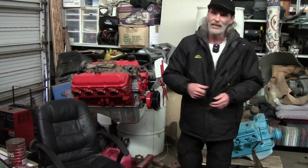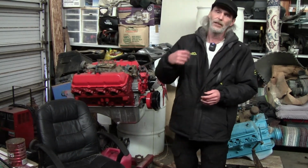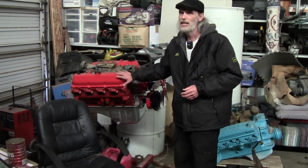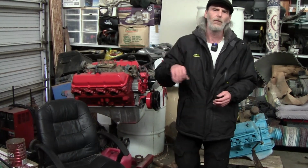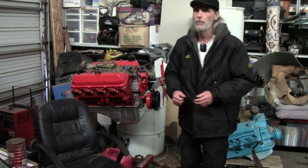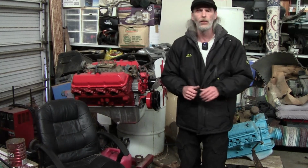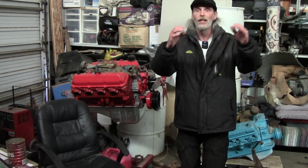Other manufacturers, well, Chevy was the first in '55 with the 265 to really push. Ford did it with the Mel series. They figured that a luxury line wasn't going to be used too much. They started bouncing the compression ratios up because fuel became standardized and the octane levels across the board at any gas station you went to, you knew what kind of octane you were getting, and the octane levels were getting